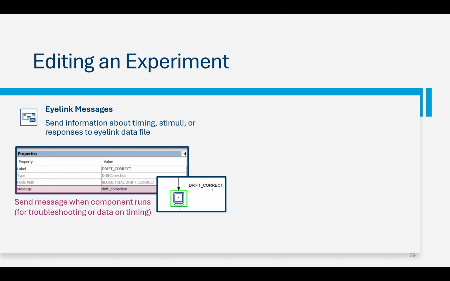Some of these are going to get sent by default just by adding a component. So if you've added a key press component, every time the participant presses an allowed key, it's going to send a message that says the participant pressed this key at this time. But a lot of times you're going to want to send your own messages, whether to find out when something happened or to find out what a participant did that's not sent as a message by default, or critically to send information about what condition was presented, because that is typically not going to be sent by default, but you're going to want to get from your data source